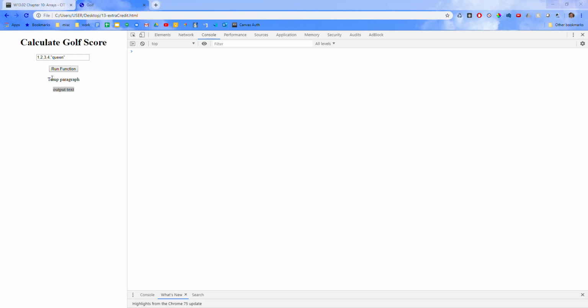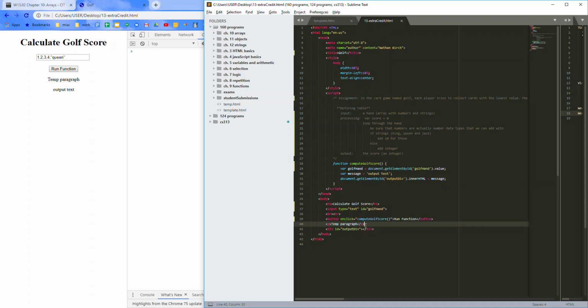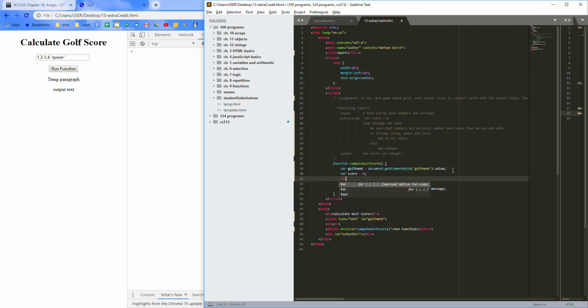I'm picking up right where I left off in our last video, with only output text being outputted by this function. So let's take out this temp paragraph and let's look at this. So we have our compute golf score function. We'll get the hand and then we need to declare score equals 0 and loop through. So for i equals 0, i is less than,